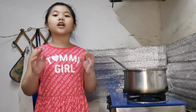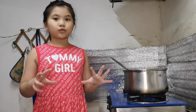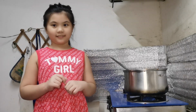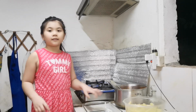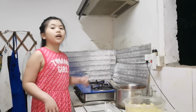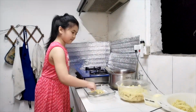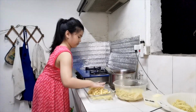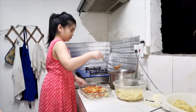A few moments later. So our sauce is already cooked and we're gonna do the plating. So for the plating, we're gonna put the pasta by layer and we're gonna put the sauce and then the cheese. So we're done plating and present to you